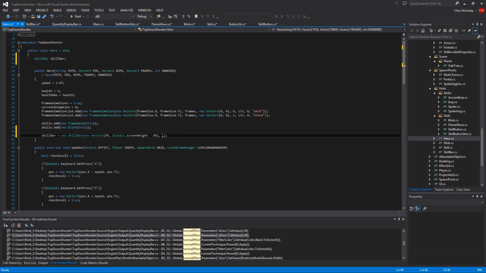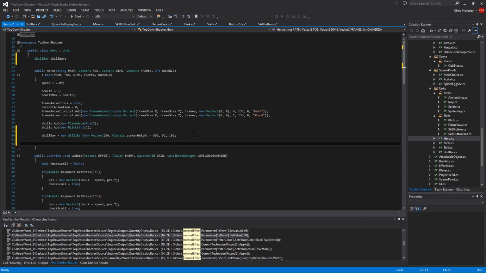We decided our skill slots were 44, so maybe we do like 52 as a spacer. I don't know, we'll see how that looks. And then last but not least, how many slots. So for right now we'll just use 10. Okay, now our skill bar doesn't have anything in it yet, so what we want to do is say